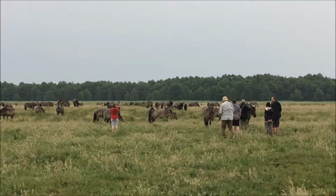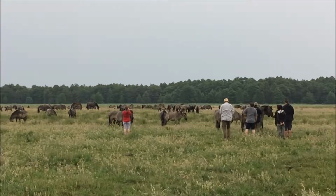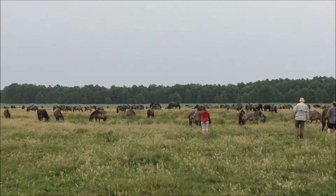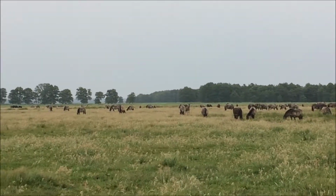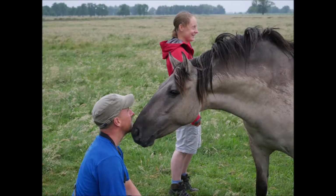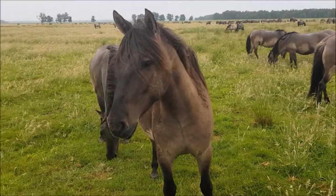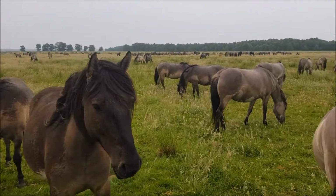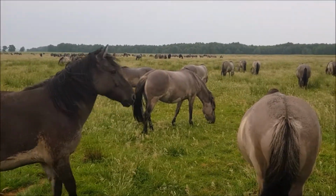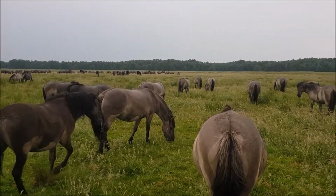Konik horses are grazed on the Odra Delta Nature Reserve as a management tool aimed at restoring and maintaining the biodiversity of the wet grasslands found here. With 230 individuals, the park's herd is the largest in Poland, grazing around 450 hectares alongside the park's herd of Scottish Highland cattle. Together, these animals create a mosaic of vegetation at different heights, allowing a variety of plants and